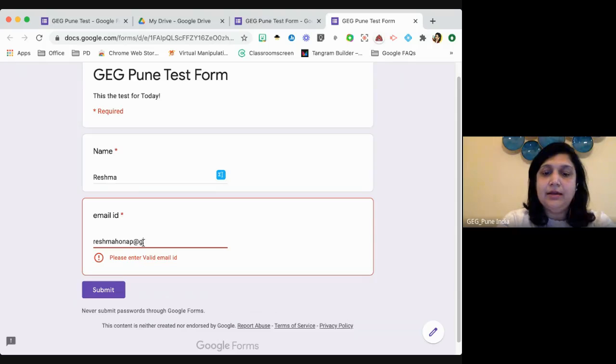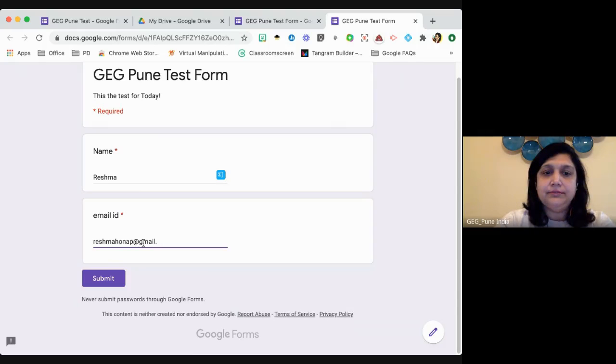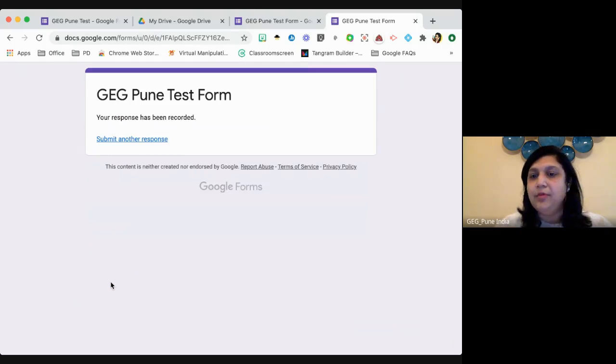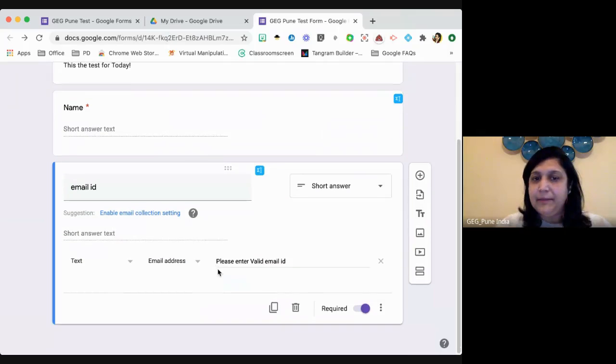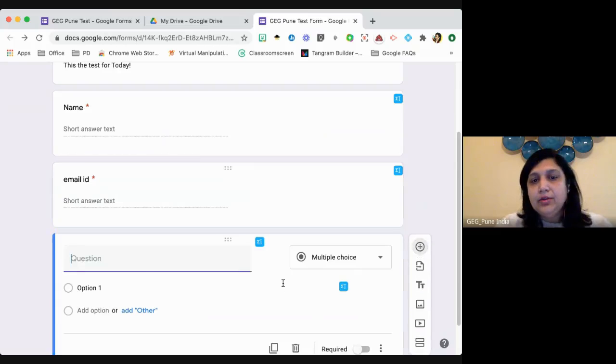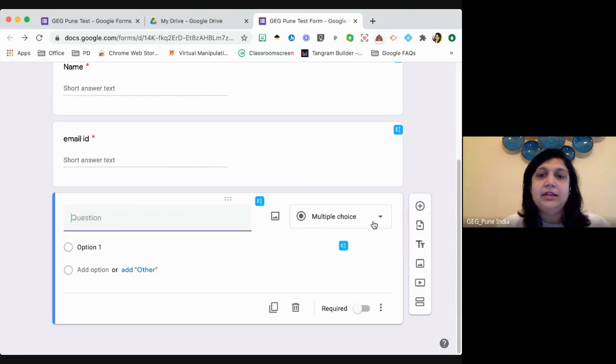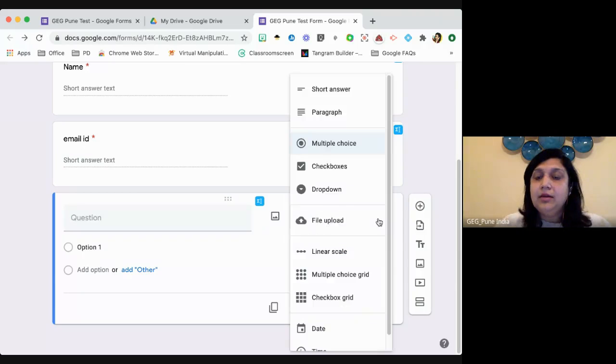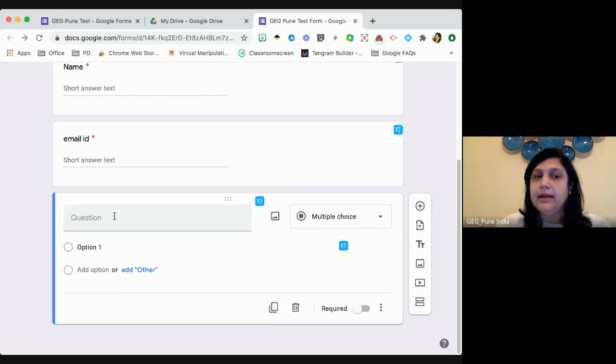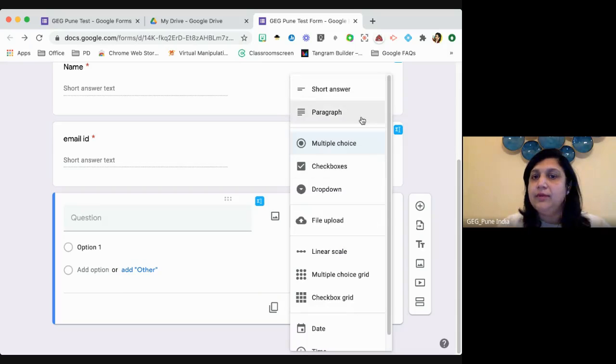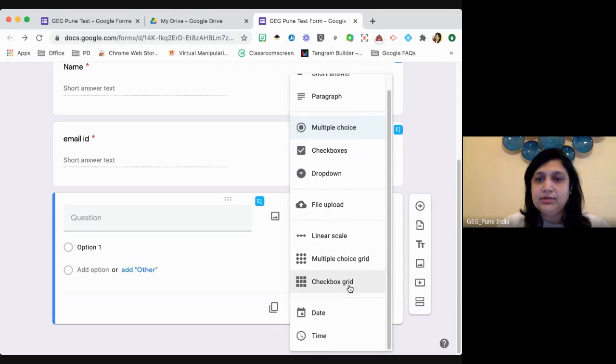Now let's check if I enter a proper email address. Okay? And I click submit. See, my form got submitted. So it will only activate the validation जो आपने वहाँ पे डाला है. Okay? Then let's go on to the third thing. I also thought about multiple choice. हमने सबने किए हैं. Yesterday also I saw a couple of teachers sharing. Dr. Waria ने share किया. But how about another option? So whenever you add a question, यहाँ पे एक option आता है where you have a list of type of questions that you can enter.